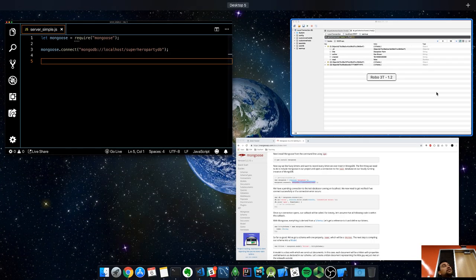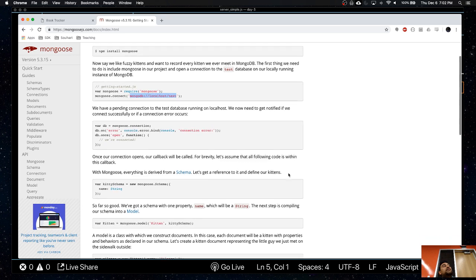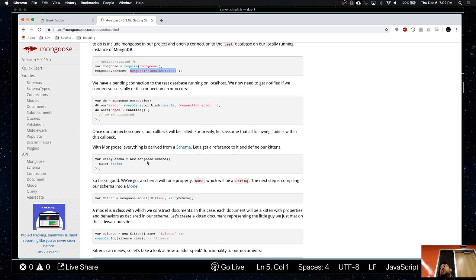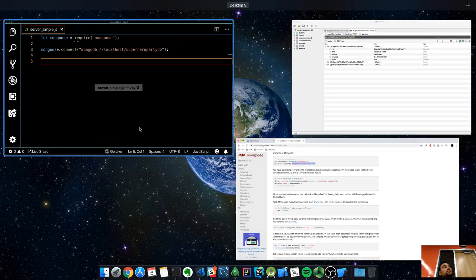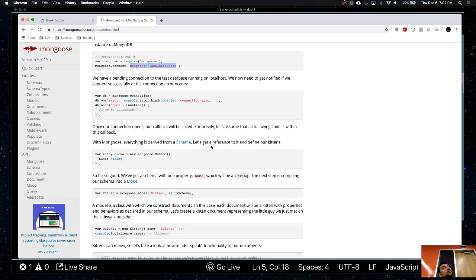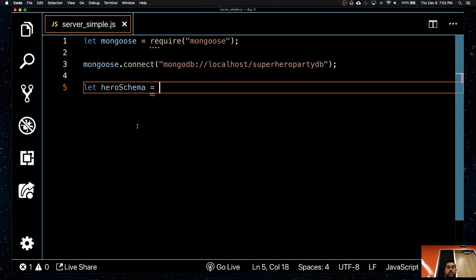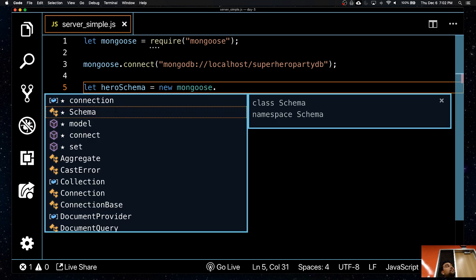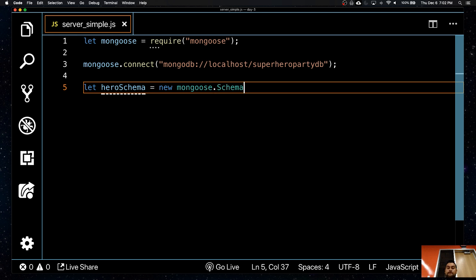So the first thing it says we have to do is define a schema. Right, they have a schema over here. That's what we are going to do. So let's go ahead and define our schema. Let me call it heroSchema, and then it says it's kind of like a constructor, so I have to do new mongoose.Schema. So I'll do new mongoose.Schema. Okay,